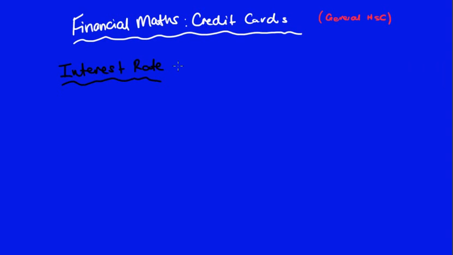So, if we're looking at an interest rate, let's say a nice easy one of 5% per annum. Now, if we want that as a decimal per annum, we should know it's simply either 5 over 100, or if we put it as a decimal, 0.05. Now that's per annum. If I looked at an interest rate of 0.5% per annum, now to put that as a decimal, again, it's exactly the same, 0.5 over 100, or if we put that as a decimal,